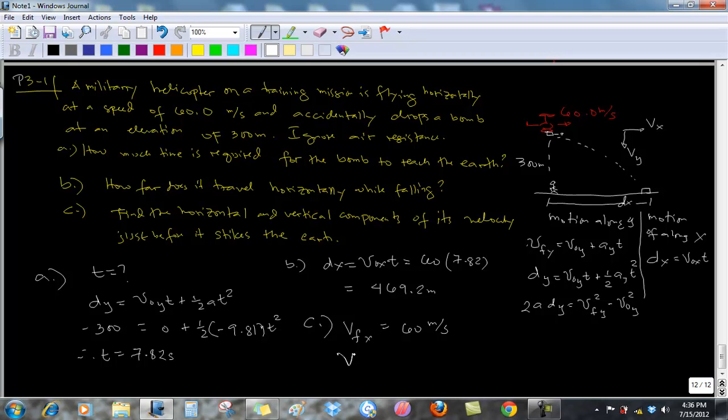How about velocity final, y component? Okay? We know that the object could be assumed to move downward. Downward, and for how long? 7.82 seconds. And we can calculate using this equation what is V final after that time. So we know V initial to be what along Y? At the start, was it thrown downward? No, so it has no velocity along Y. Therefore, Vfy is equal to Voy, that's 0, plus